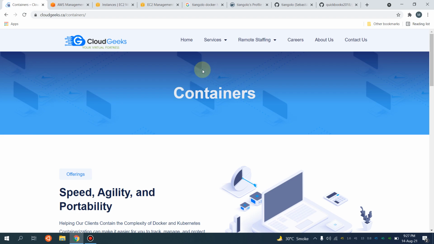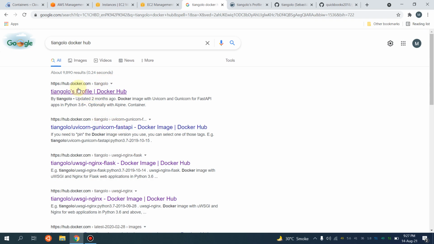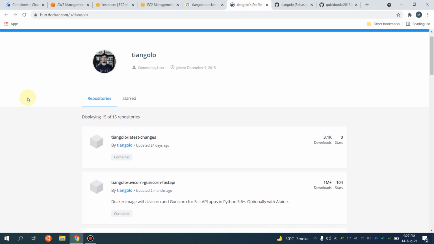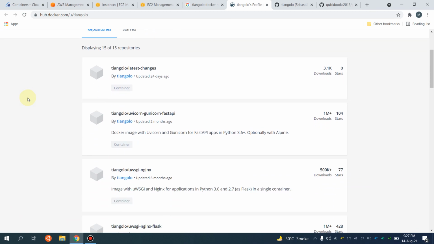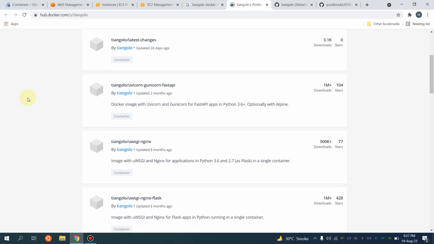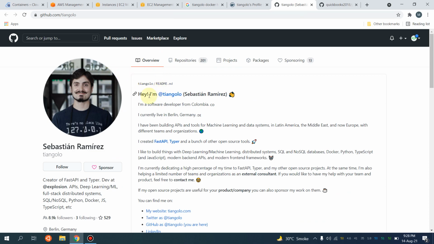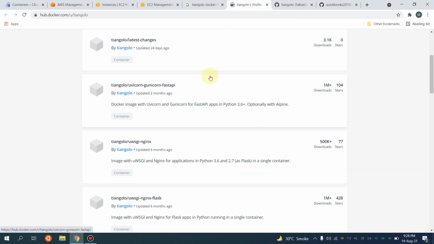So I would like to first of all show you guys this is the Tiangolo. This guy has done really cool work as far as the Dockerization with regard to the Python application. He provides you the base image and really cool documentation. And also, if you navigate to the GitHub section, he provides the complete Docker files along with the scripts, so you can have a base image with regard to your Python